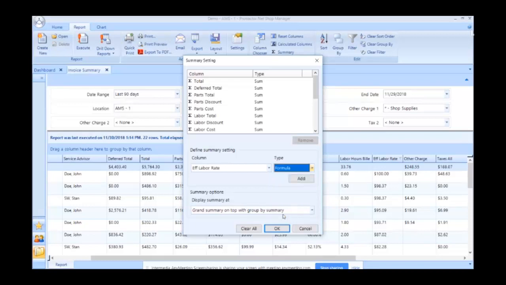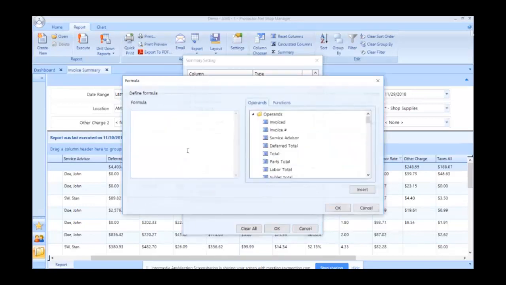So if I use the formula and click add, I'm back to a very similar formula field, but now these are formulas based on the totals. So if I click on labor total, you'll notice this is now the sum of all the labor totals in this report divided by the sum of all the labor hours. I'm going to say okay,